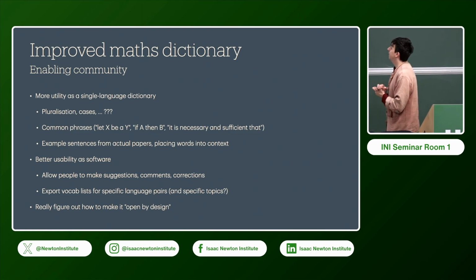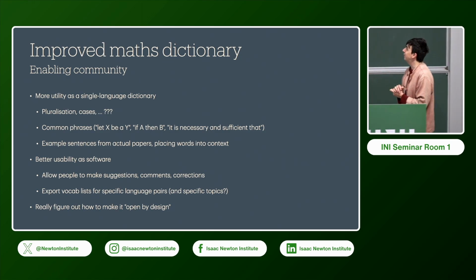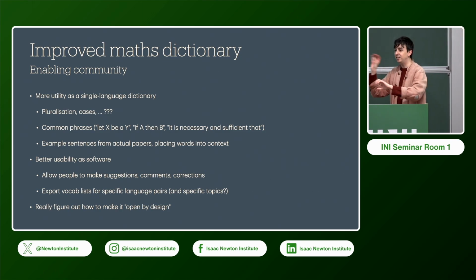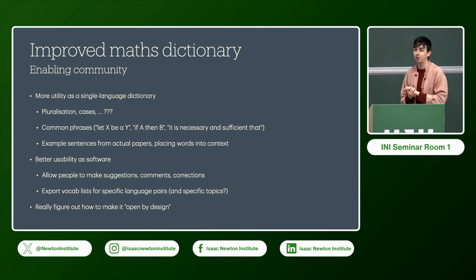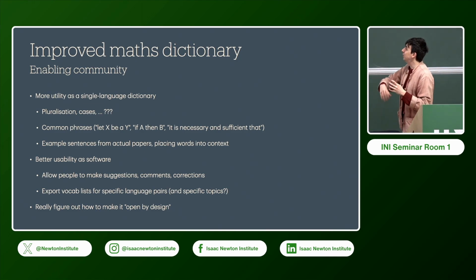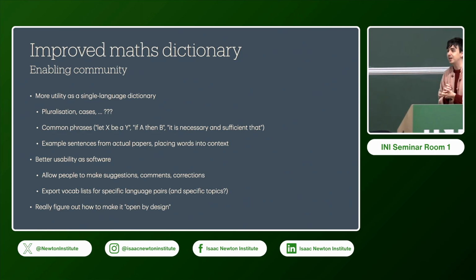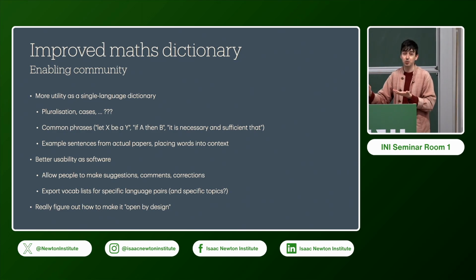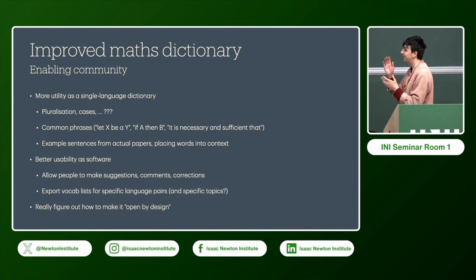It would be cool to have a bunch of common phrases. I claim that if you just have a few key phrases, suddenly unlocking mathematical text becomes a lot easier. Writing mathematical text in a foreign language becomes a lot easier. Something that's like a dive in at the deep end if you do a PhD in France is they insist that you have to write a certain amount of your thesis in French. They insist that you teach in French. They insist that you do a lot in French. I think that's good. I'm not complaining about that. But it would be nice if there were some resources to help you start off on that, right?